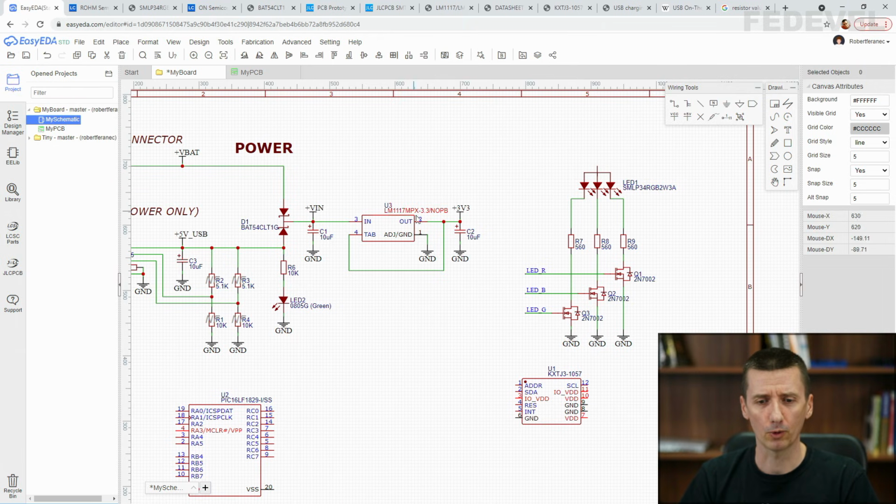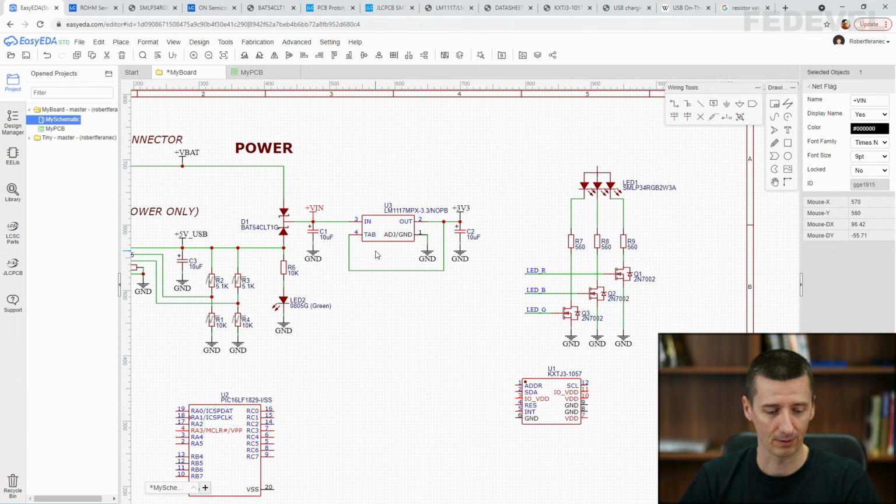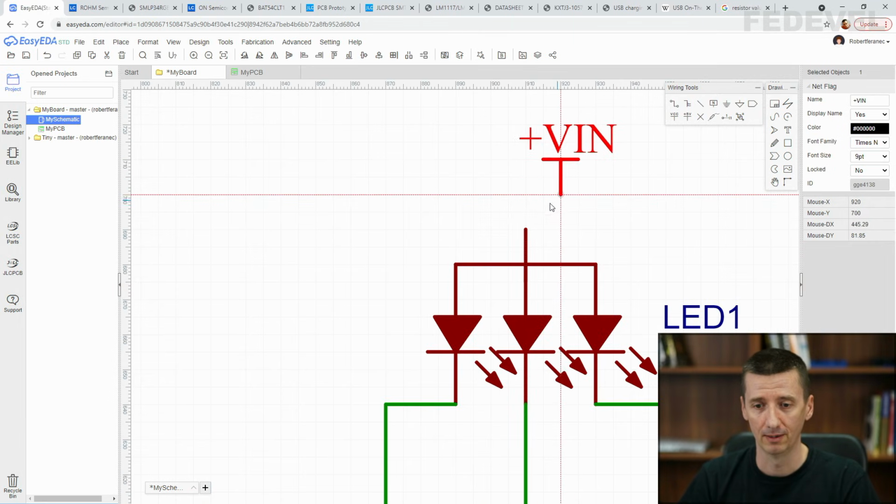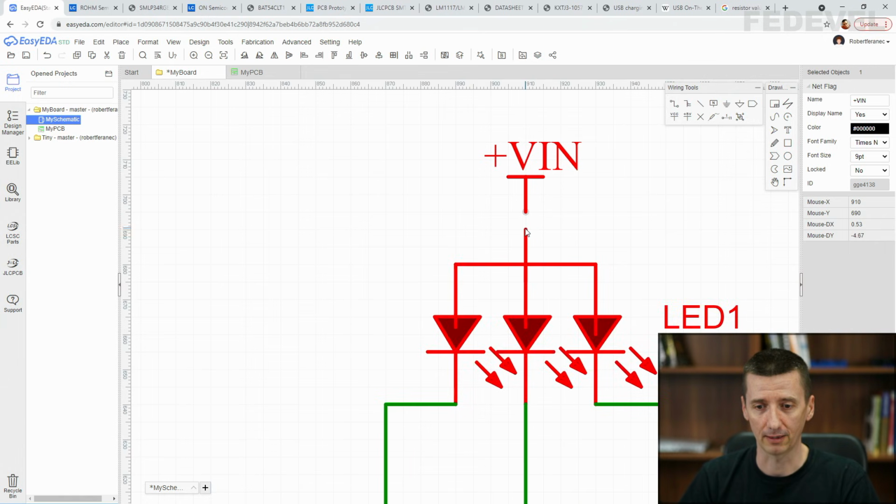And also we really don't want to drive high current through this LDO, because on this LDO there will be some losses. And the losses mean we would just waste energy from the battery. So maybe the best way to connect our LED is to use this plus V in. And that's where we are going to connect it. Left click on this V in symbol, Ctrl C, Ctrl V, place it here and connect it.